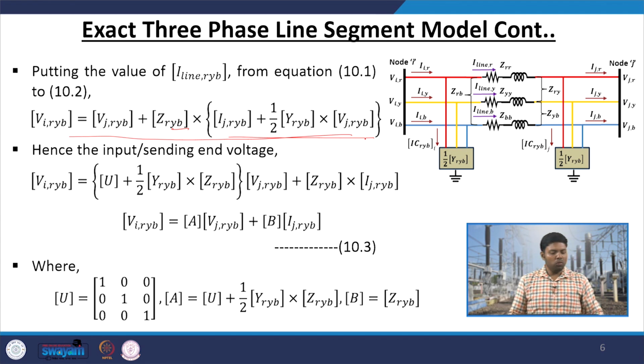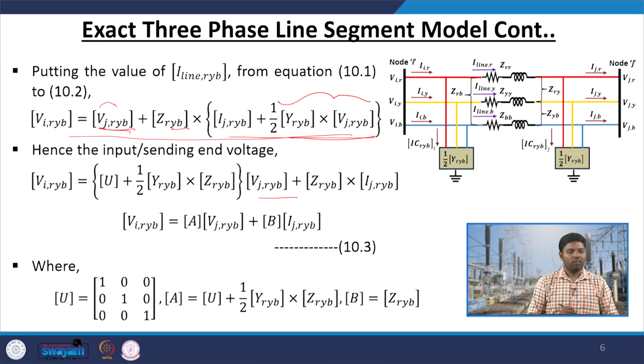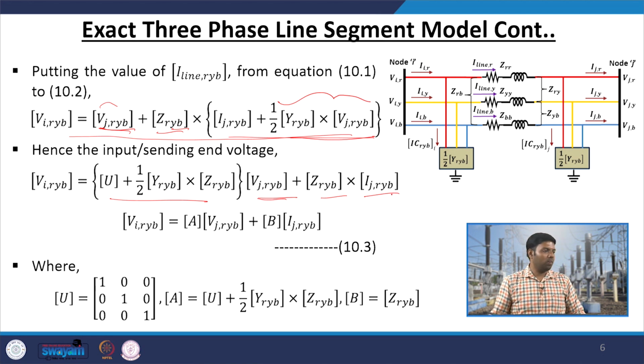Now, do the rearrangements and you can see that if you take V_j RYB common from this one and this one, then you will get U, that is the identity matrix, plus half Y RYB plus Z RYB multiplied with your V_j, plus Z RYB multiplied with your I_j RYB. So, can you see the similarity with our transmission network model, where we represent the sending end voltage